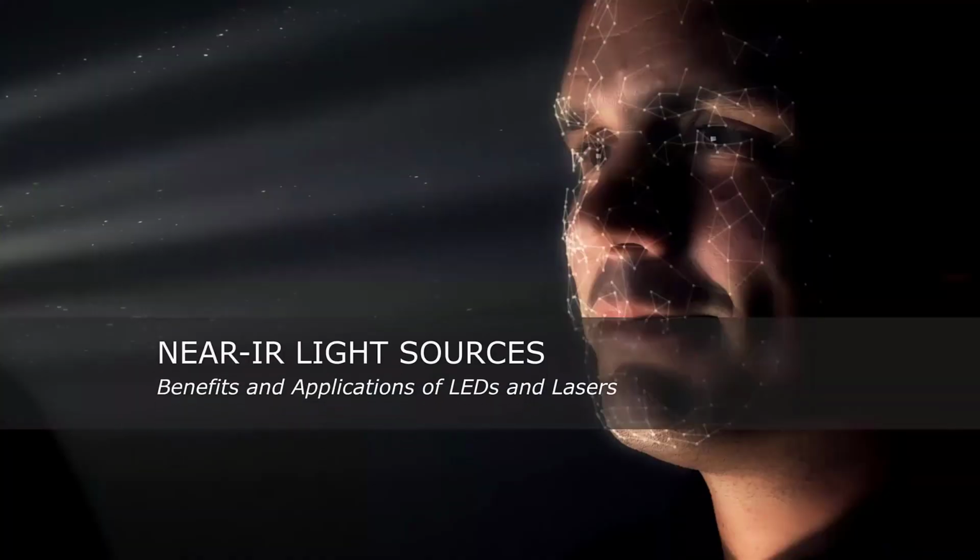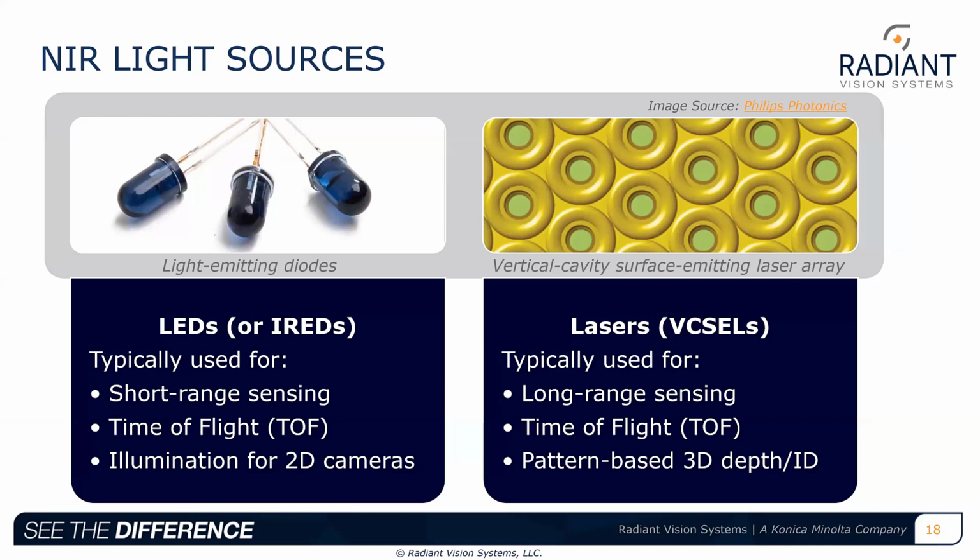So let's take a look at light sources that produce illumination and signals for NIR sensing systems, how they differ, and their general applications. NIR sensing systems rely on either NIR LEDs or laser sources to produce invisible light that is reflected off an object in a cabin. Both types of sources can be used in the same application, including object detection, identification, and